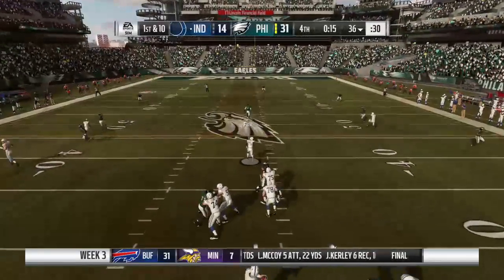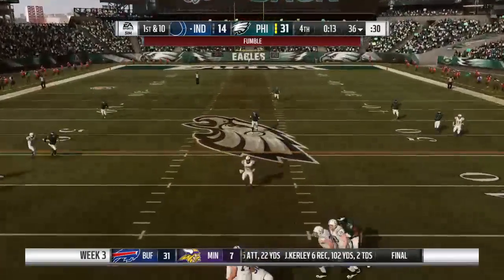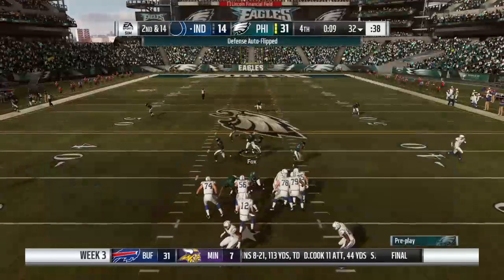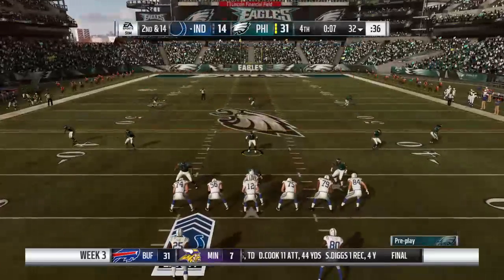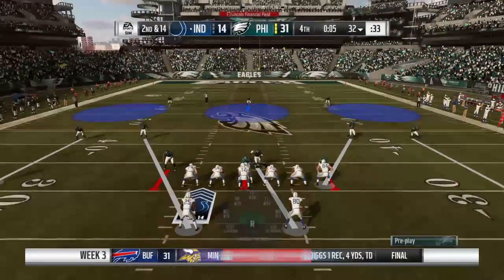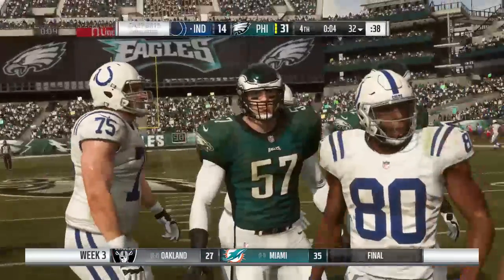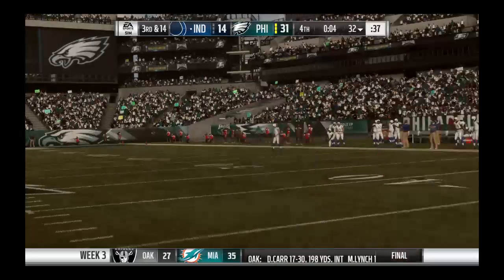Now Locke. Now a hit, and Locke lost the football. It's out. But I believe the Colts were able to fall on this, and so possession will remain with Indy. 2nd and 14 as they've got work to do here after the sack. And that one hits the ground incomplete. So now,